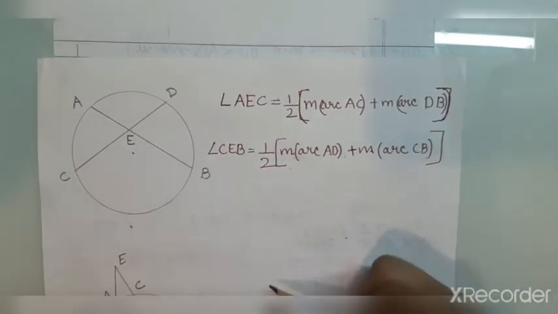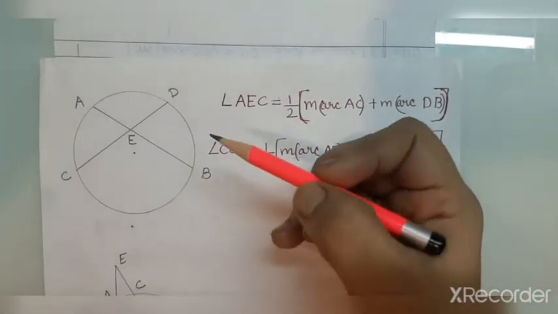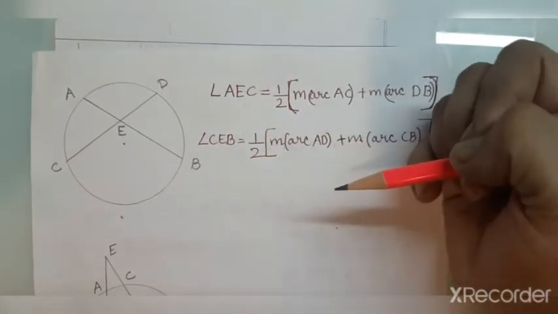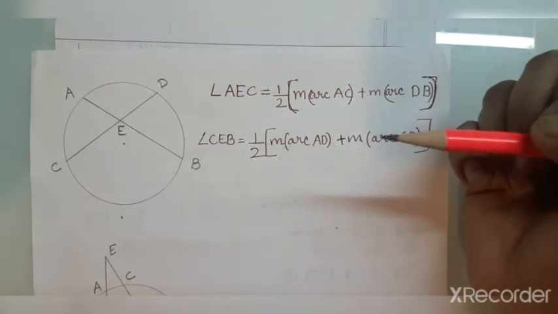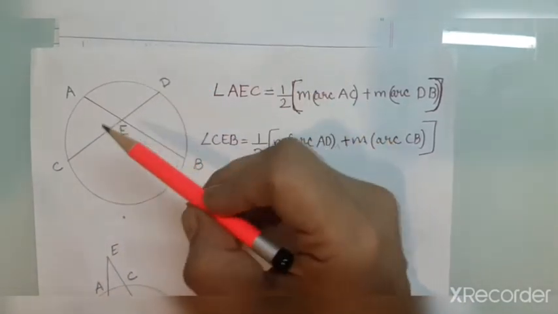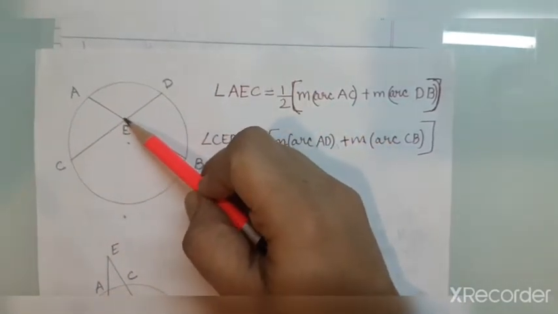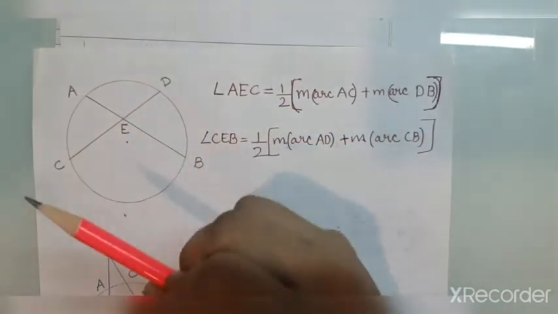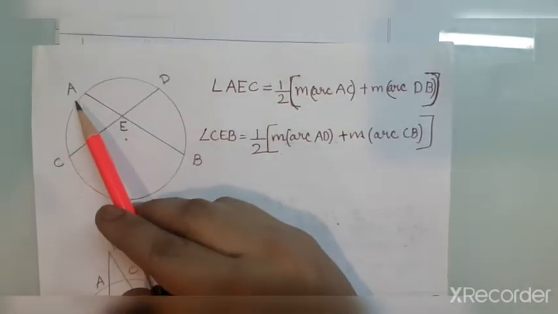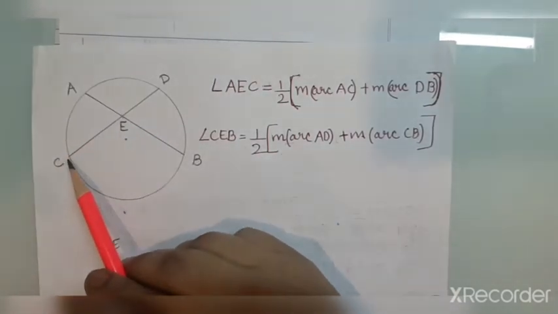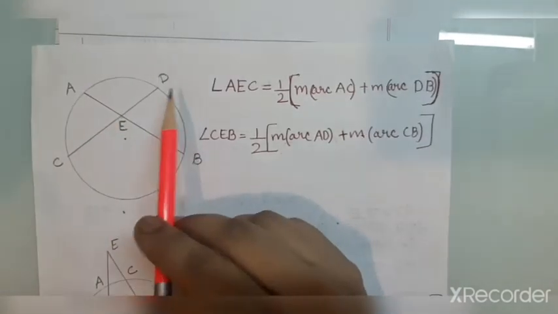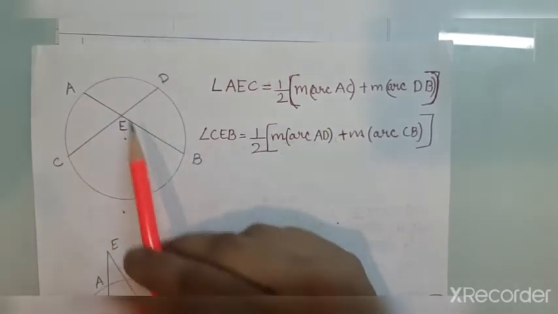So what do you mean by this? The statement is given in your textbook on page number 71, and it is an activity based proof which you have to solve on your own on page number 71. But you have to understand that if there is a circle and there are 2 chords, and they intersect in the interior, the intersection is point E, then the angle between them is half. The angles AEC and BED are equal. And the other pair of angles, AED and CEB, are equal.